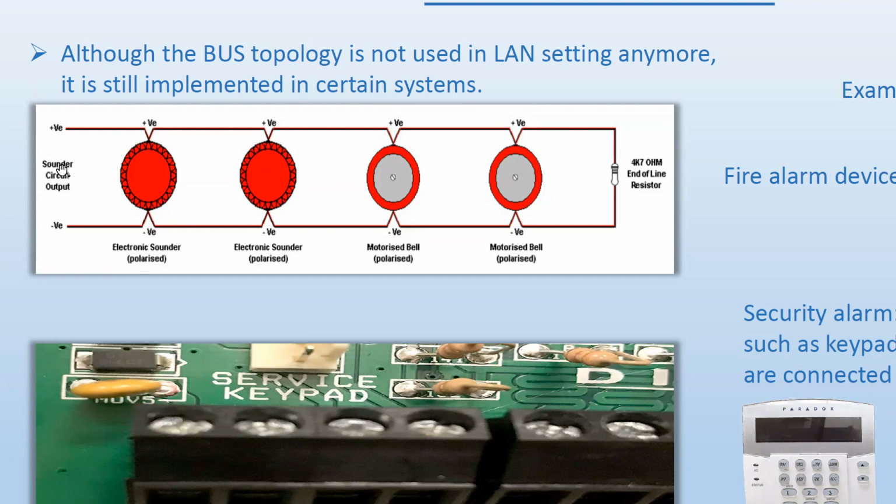If that zone sees that resistor, that resistance, then it knows that the line is intact. There are no breaks. If there's a break in the line, this zone is going to sense it, and it's going to go into a trouble condition. Trouble means that's not alarm. It means that this sensor might not sense things if something happens because there's a trouble on the line. The line is broken. Right? So then, there's a service call to find out what happens, what's going on.